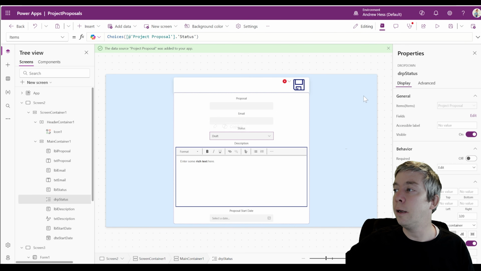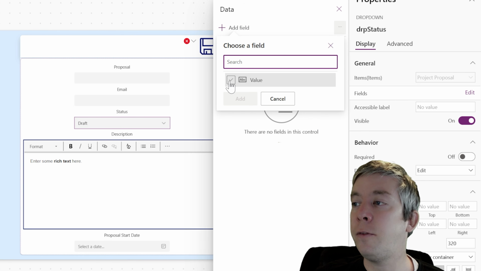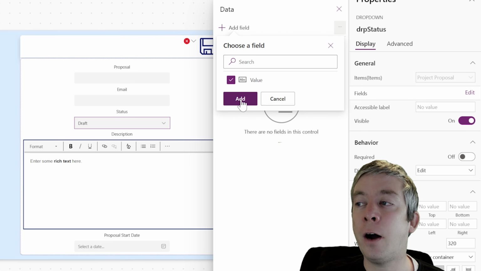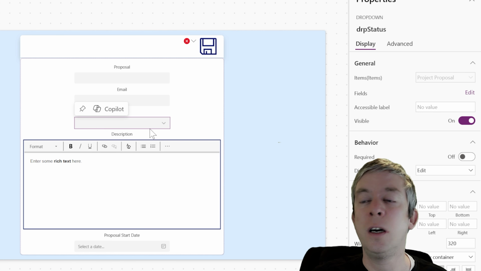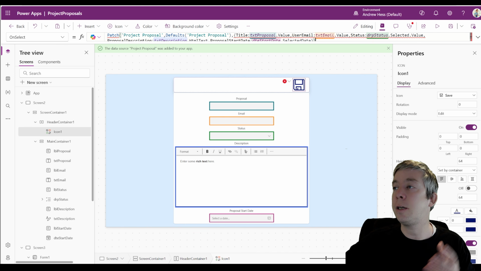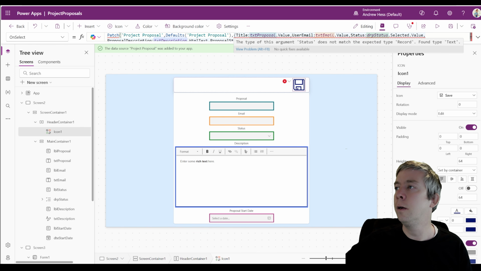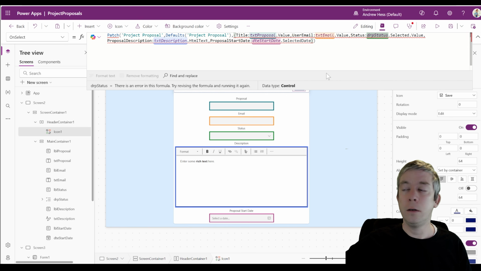Inside here, inside our dropdown, when you click on edit, add field, you can add value here, right? So it's looking for a record of type value. Now this may be different, so you have to pay attention to these things. This is where wisdom comes in. So we want to give status a record. So right here, and I wish I could